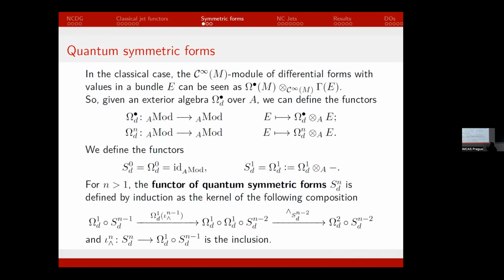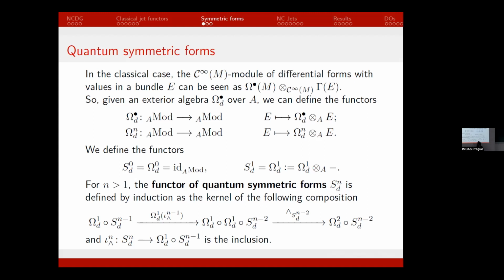For n greater than 1, what we do is we see it as the kernel of this composition. And now we see what this composition means. But first of all, we notice that being a kernel of this composition, it's a submodule of this, which means Sn can be seen as living inside of omega 1, so one forms in